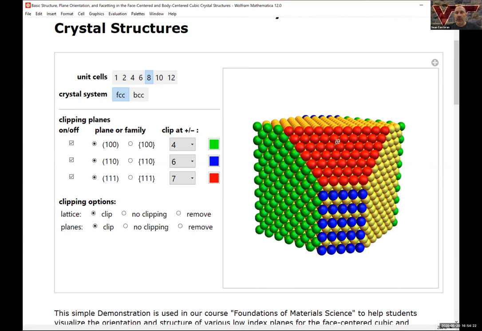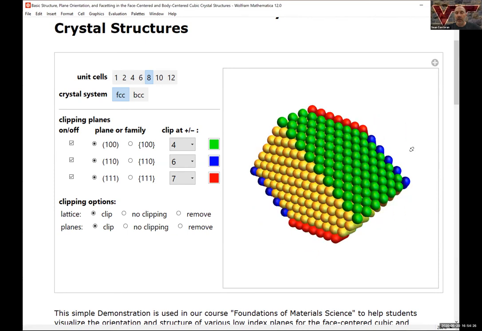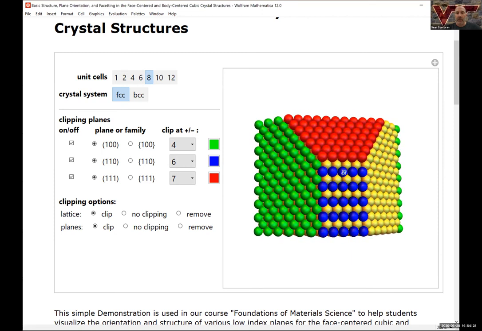Let me slice it one more direction. This is now cutting off an edge. You can see that edge also forms a plane when I cut it off, and my atoms have, again, another symmetry that you don't see in the others, and different packing. This is a very low density packing. In fact, let me go ahead and remove